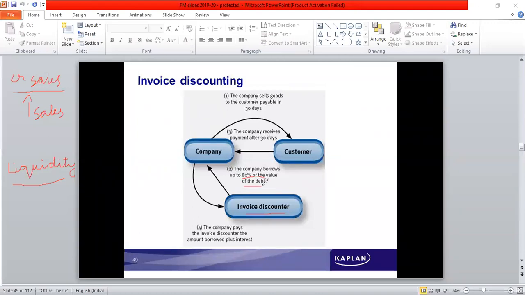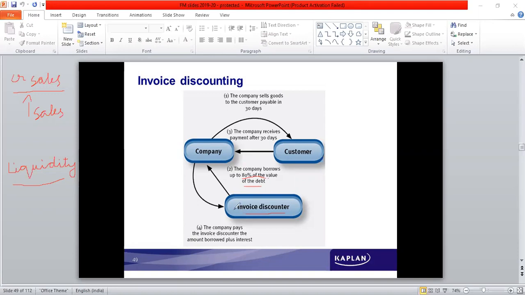So the invoice which is prepared for the credit transaction is presented to the invoice discounter. A percentage of the amount, usually up to 80%, is given as a loan to the company. So the company can also face its liquidity issues, whatever has arisen because of credit sales, because the operating cycle has lengthened. And after that, on the due date,